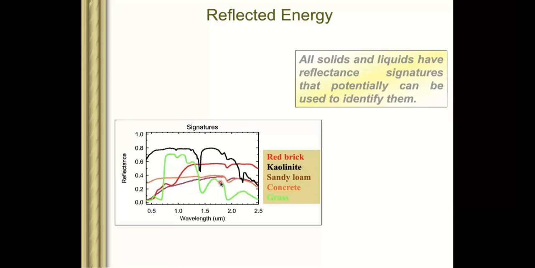So in ENVI, we import all those signatures, and after importing, we try to run an algorithm, and wherever there is kaolinite or any other mineral from this USGS library that you are interested in, you run that algorithm we call the spectral angle mapper, and you will try to match this spectra in that satellite image, and it will give you the area of kaolinite in that region. So it's quite a rich library that you can use.